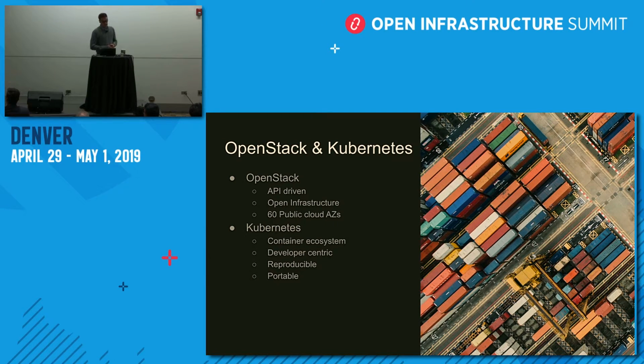What's really interesting with OpenStack is that you have a big choice of public clouds available out there. I think more than 60 are available in the marketplace, probably at openstack.org/marketplace, and you can check the full list there.